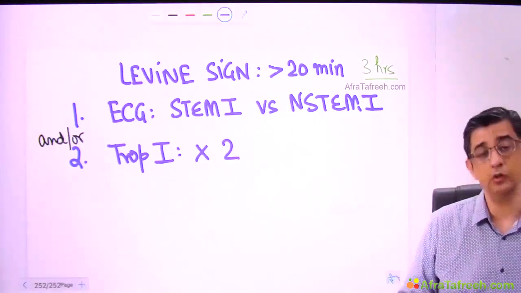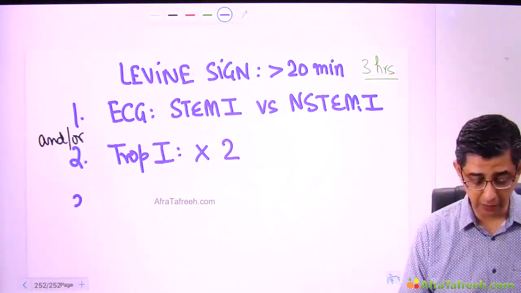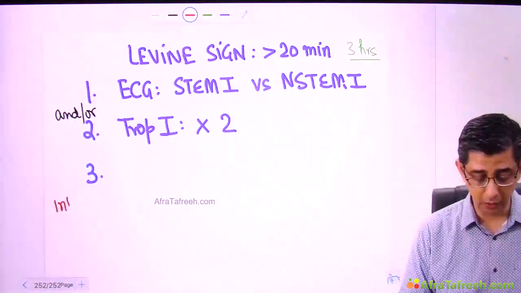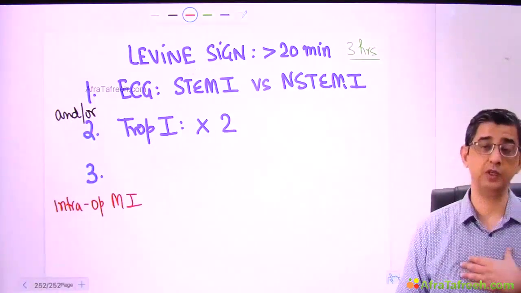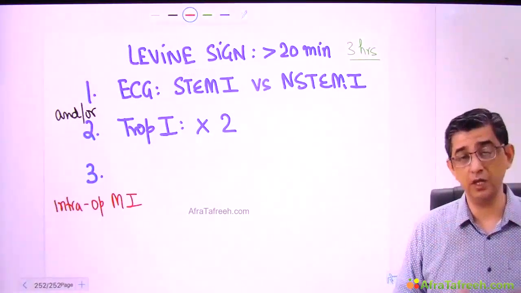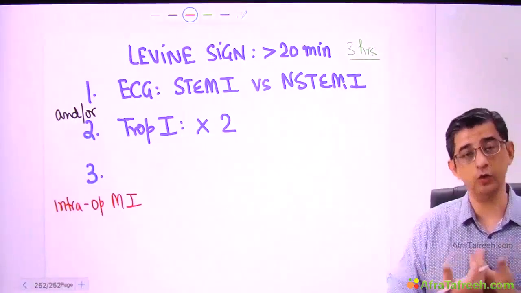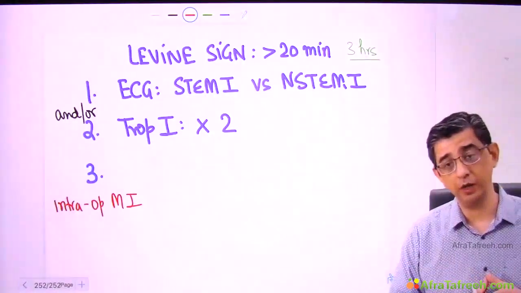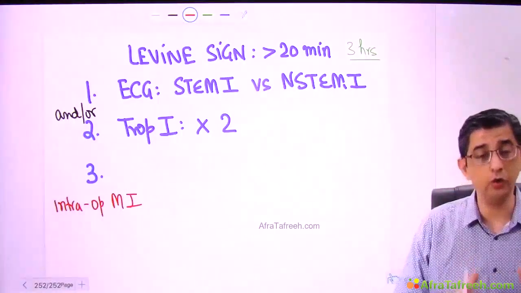Like if a person comes to the hospital early, ECG will still be showing evidence. Now comes a very interesting bit of information which can be useful from the exam perspective: he's giving you a scenario of a person on the operation table suffering from MI. Let me say this person is undergoing cardiac surgery itself. The chest is open and the patient is undergoing cardiac surgery and he suffers from myocardial infarction. Then if the chest is open, it's not that we'll close the chest and put electrodes and identify. In those circumstances, ECG may not be able to pick it up, and troponin does not rise immediately. It rises after, let me say, 3 hours, 4 hours, and I want to know right now.